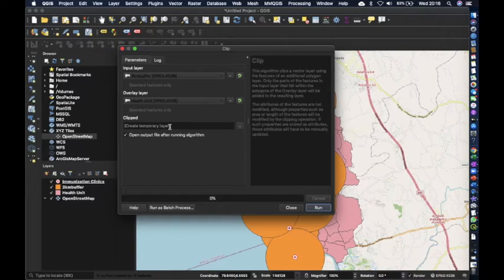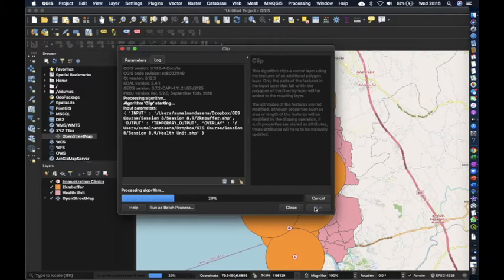If I want to save the layer developed out of the clipped buffer zones, then I have to navigate, or I can create a temporary layer. In my case, I'll keep it as create temporary layer, so I am not navigating to a place to save it. Now after that I can click run.